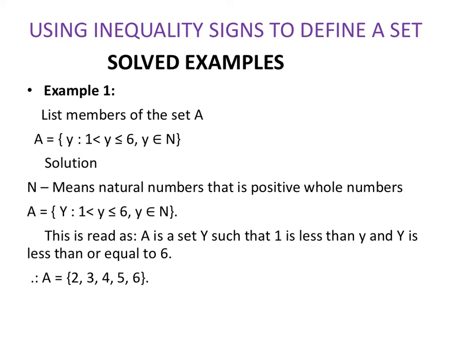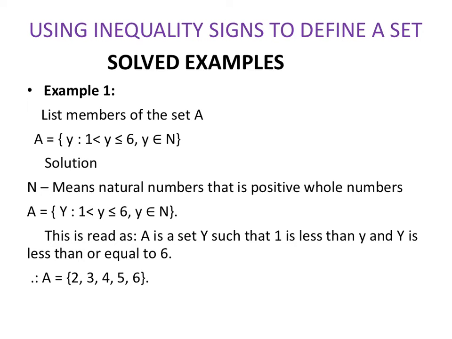So we now apply what we've learned so far to solve some examples. Example 1. List members of the set A. We have that A is equal to {y such that 1 is less than y, less than or equal to 6, and y is an element of natural numbers N}. Solution: N means